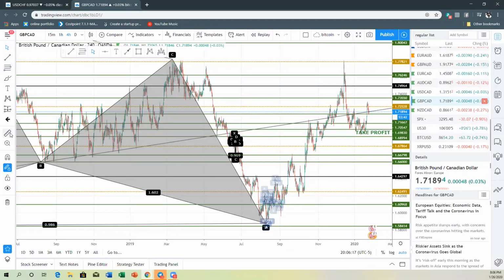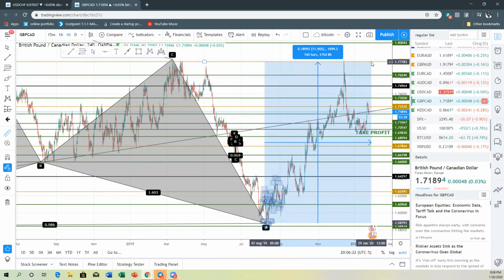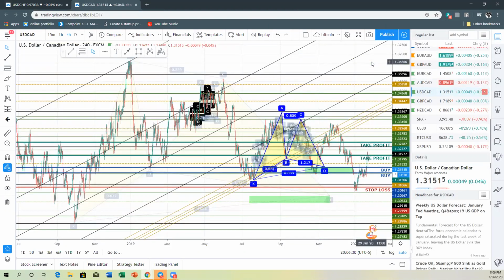Look at this freaking pattern. That's almost 2,000 pips for a pattern right there. 2,000 freaking pips on one pattern. But yeah, this is some of the patterns I was dropping you guys in the